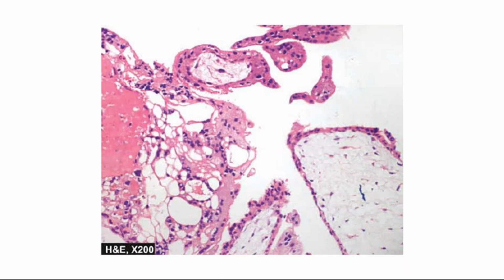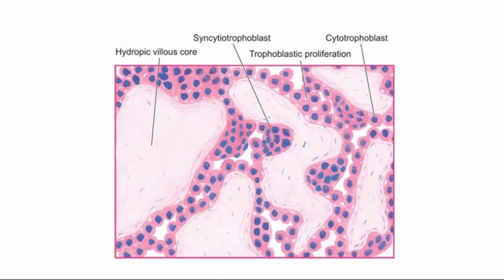So this is the micrograph of molar pregnancy. The upper one is there, no? That is the proliferation of the villus component. So this picture is from our department itself. So this is the hydropic villus. This pale eosinophilic one, these multinucleate cells are the syncytial trophoblasts, and the single cells are cytotrophoblasts. So there is proliferation of the syncytial trophoblast and cytotrophoblast. So you can see that there is trophoblastic proliferation.